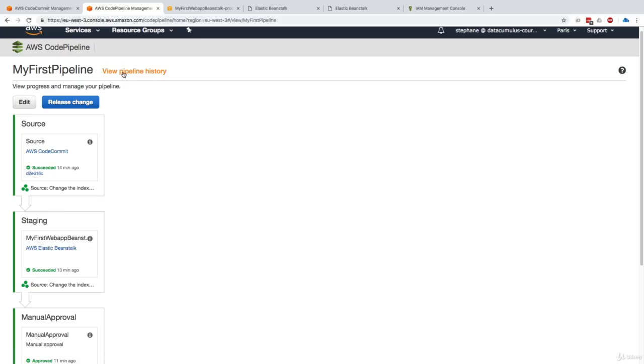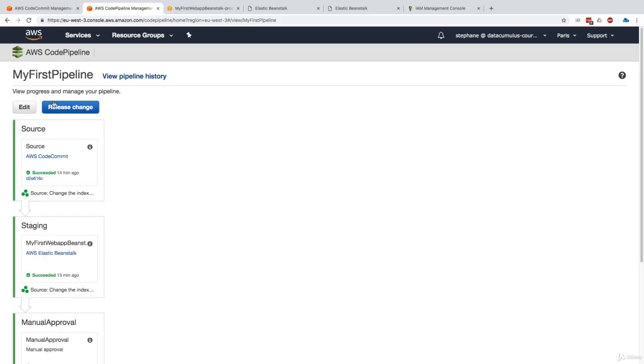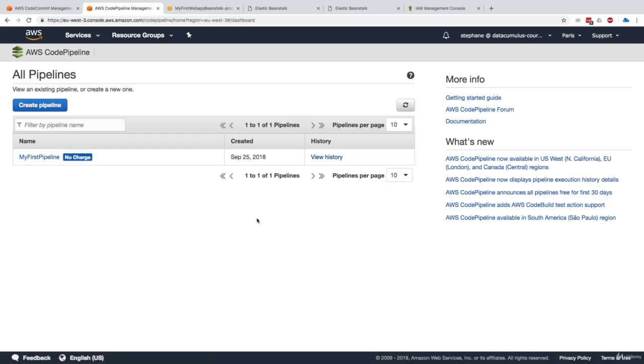The last feature is that you can view the pipeline history. So basically over time, you can see how long the pipelines took. So the first one took 3 minutes and the second one took 14 minutes. Because here we have a deployment to prod and I had to manually approve it. And overall, you can click on AWS Code Pipeline and view all your pipelines that you have in your AWS environment. So it's quite handy. So that's it for Code Pipeline.